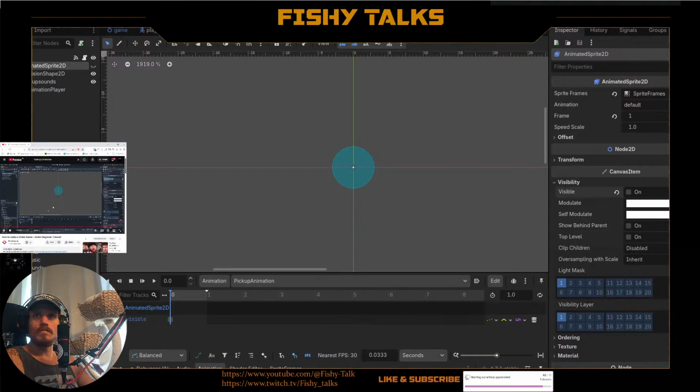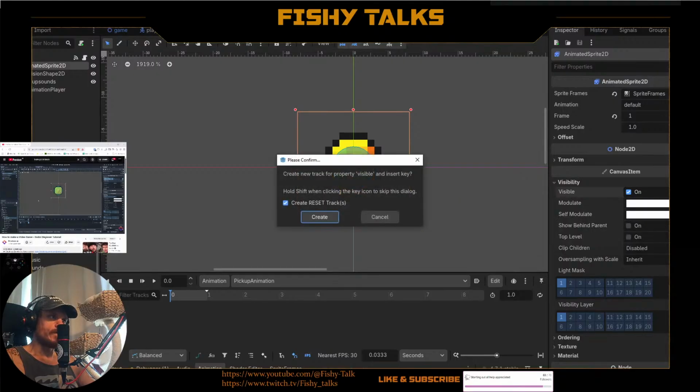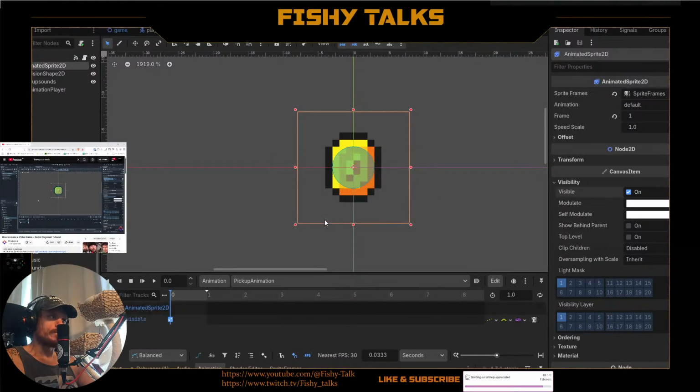And then if we want to go back to our default values, we simply go to our reset track, and there. So we do keyframe. There it is. It goes back to